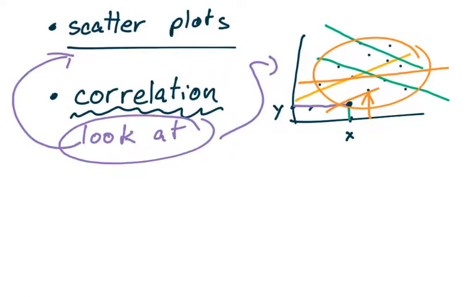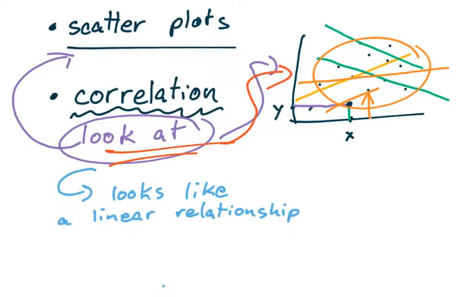If you look at it and there does not appear to be any linear correlation, then we don't even proceed any further. There's no bother trying to calculate the correlation coefficient, because it's going to be so close to zero as to be insignificant. If it actually looks like there is a linear relationship between the X values and Y values,